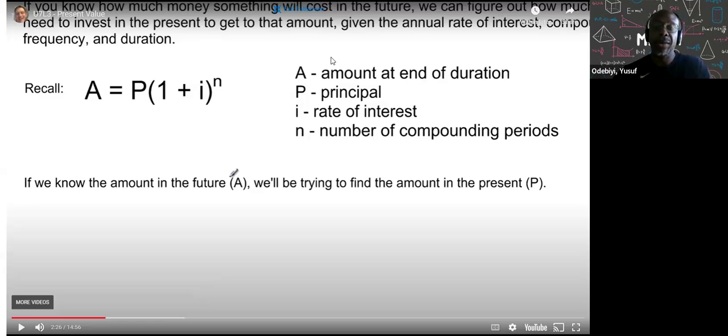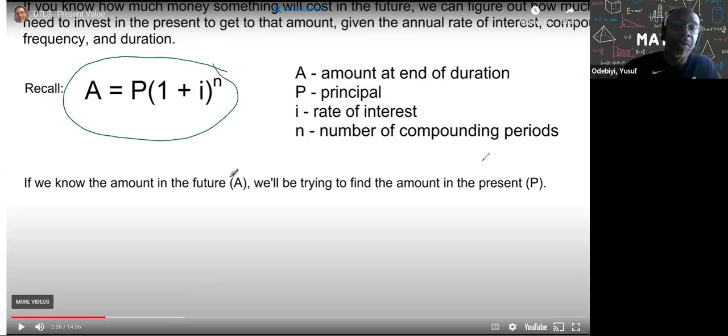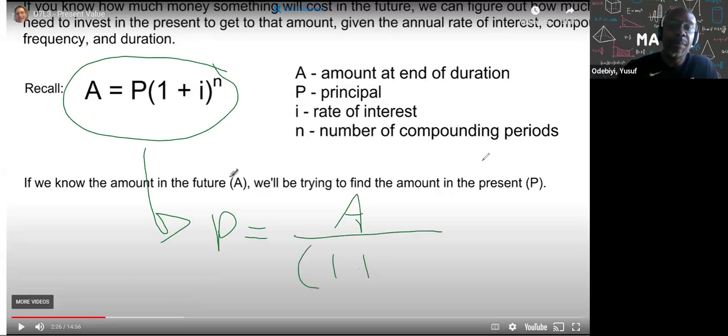Well, what you can do is use this formula that you have here. If you rearrange it and you want to find the present value, so now I want to get P by itself, then I'm going to have A divided by 1 plus I to the power of n. Now I know the present value, because this is like the